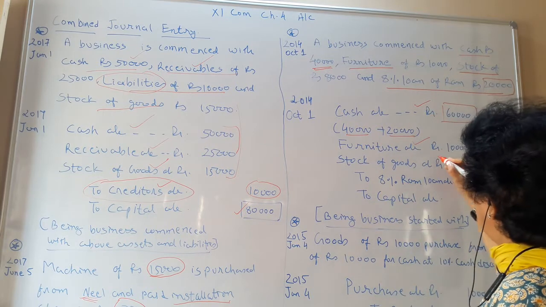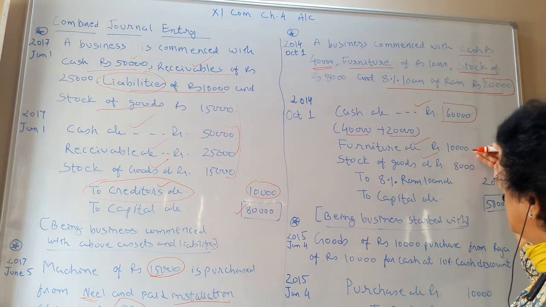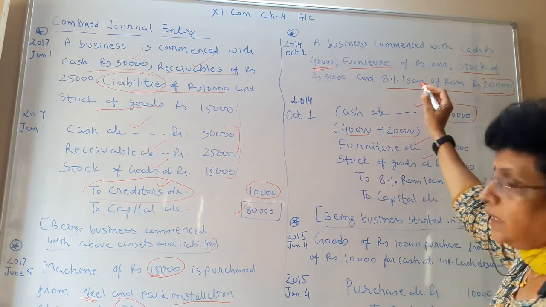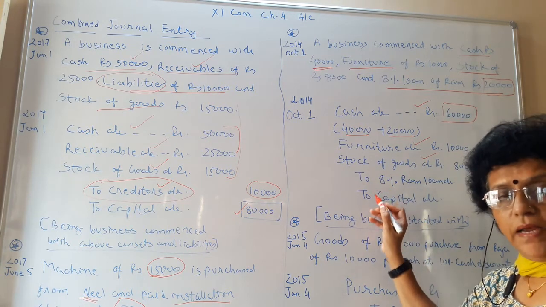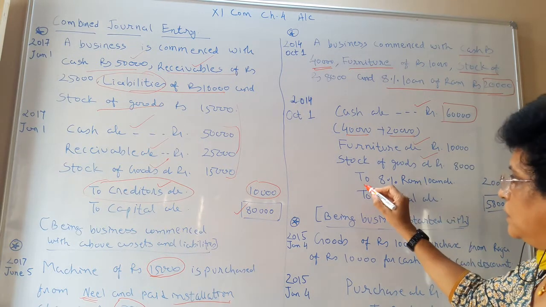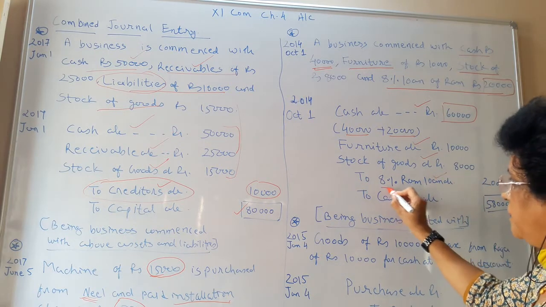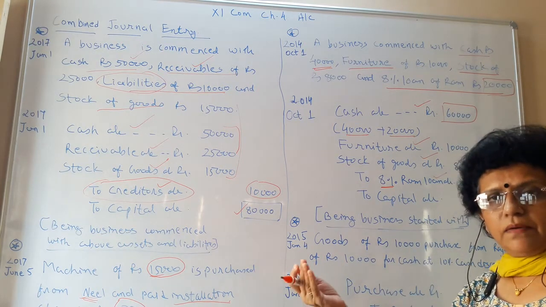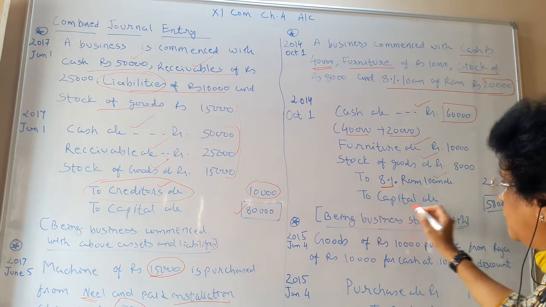Stock of goods account debit rupees 8,000. So now the total here becomes 60 plus 10, 70, plus 8, 78,000. That loan is your liability, so that loan is to be mentioned with a credit effect. Debit the receiver, credit the giver. The person Ram has given you the loan, so he becomes the giver. So you have to credit Ram loan account, 8% mentioned. Write even the 8%, so it is easy for you to calculate interest later on. So, to 8% Ram loan account 20,000, to capital account.